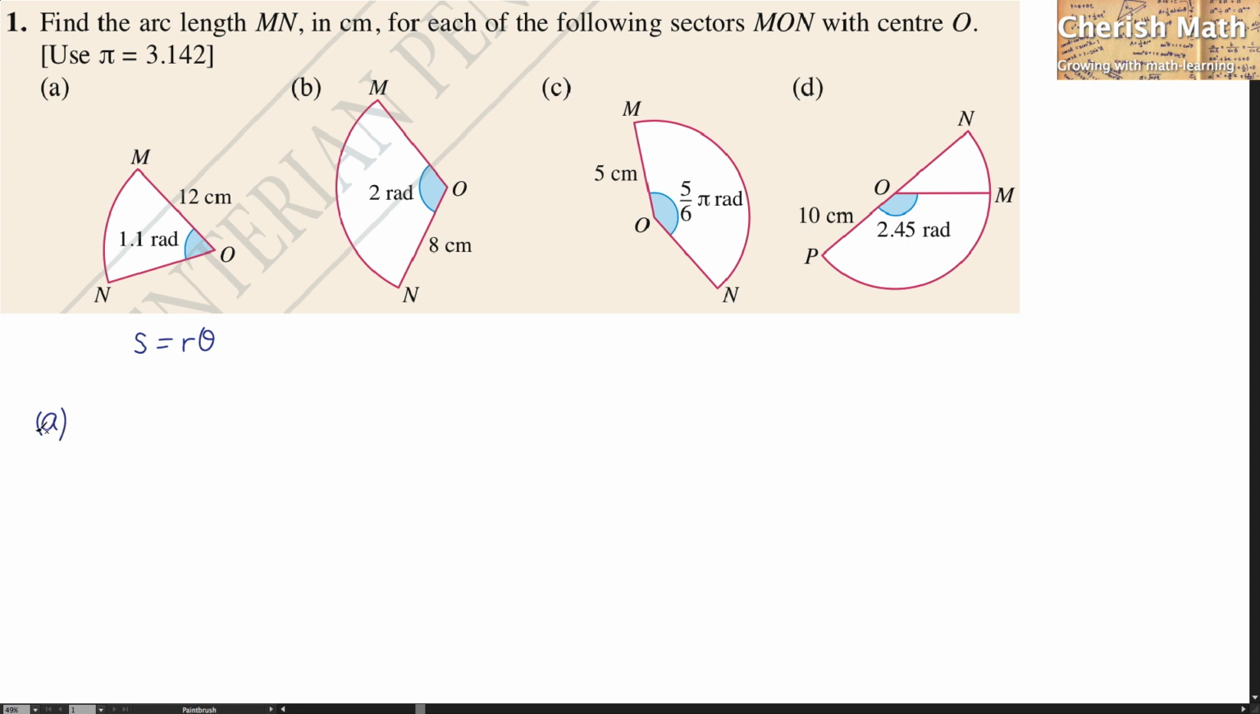Now for the first question, which is A, I'm going to use S equals the radius, which is given here as 12 centimeters, multiplied with the angle theta at 1.1 radians. And the answer that I'm getting here is going to be 13.2 cm. For the following questions, parts B, C, and D, I'm going to use the same formula,